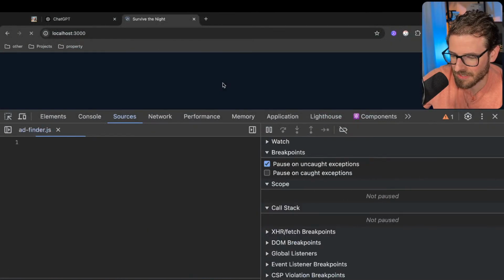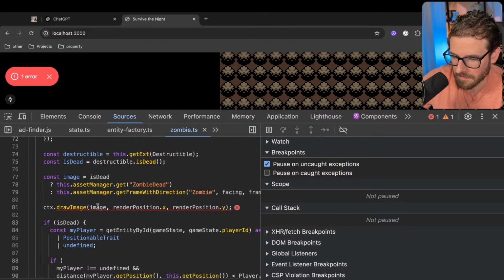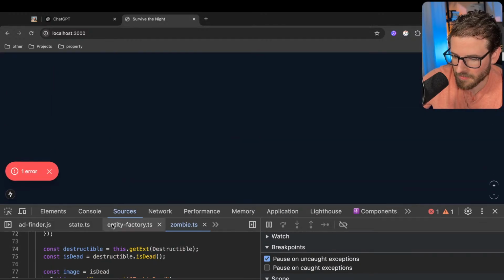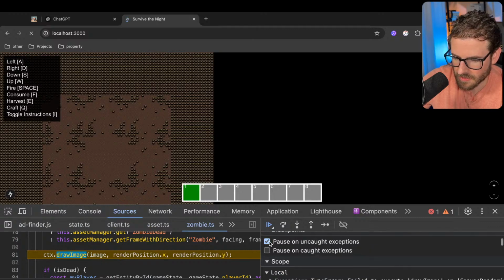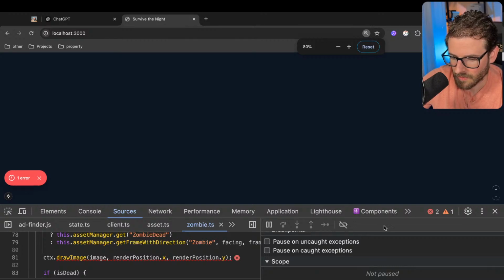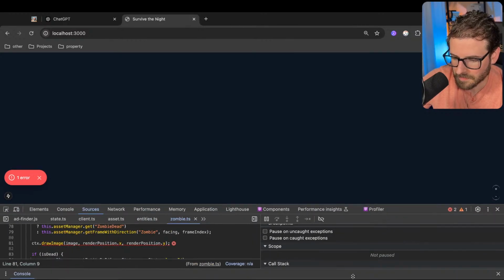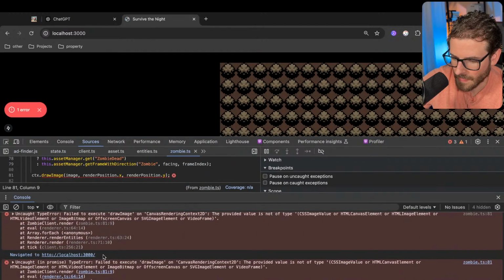Let's see if this works now. Let's run it. Oh, it's trying to draw the zombie. That's good. So it got a little bit further, I think. Trying to draw something. Bro. Draw image.